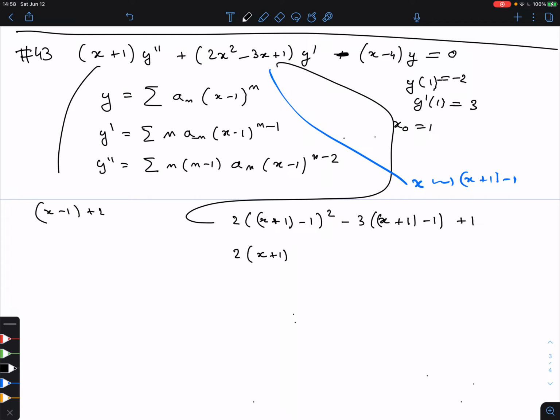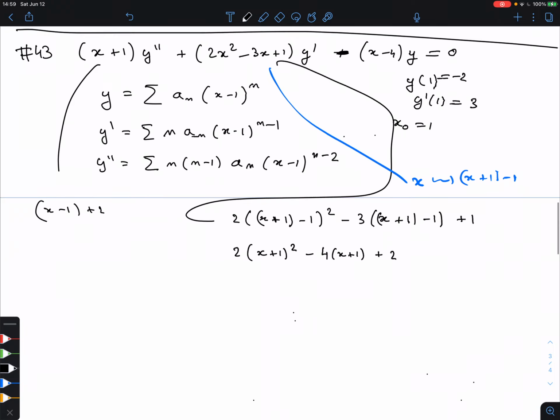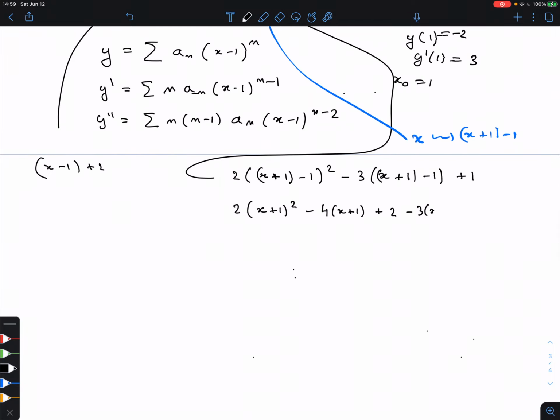x plus 1 squared minus 2 times the double product, so that's 4 x plus 1 plus 2. I expanded, I did the double product, I multiplied everything with 2 at the same time, minus 3 x plus 1 plus 3 plus 1. So what is this? Let's gather like terms. x plus 1 squared